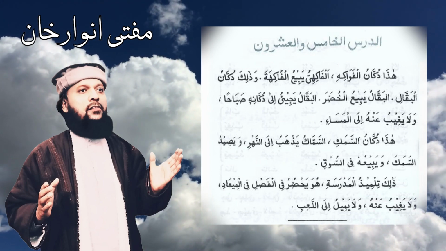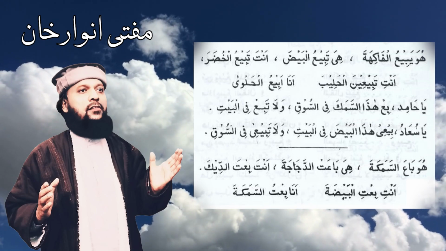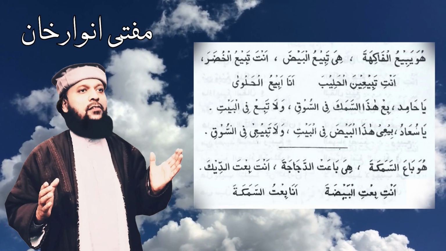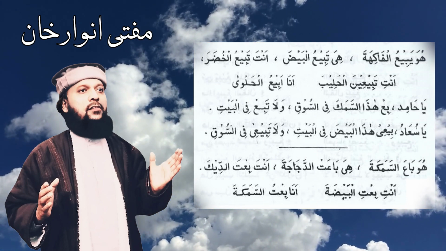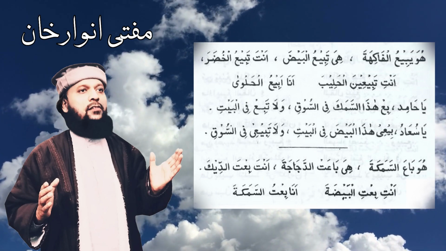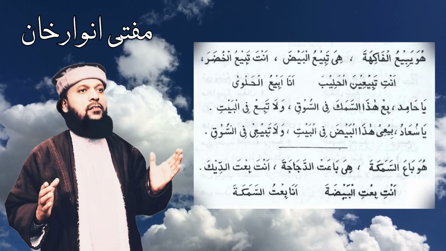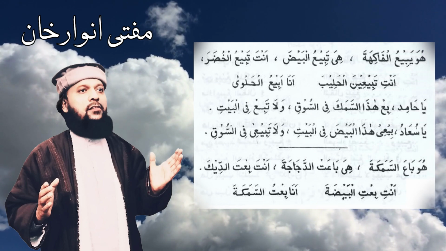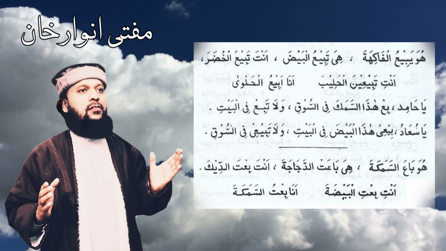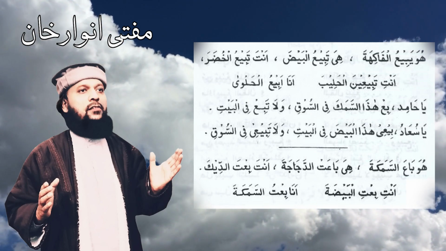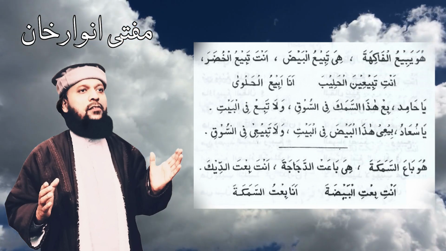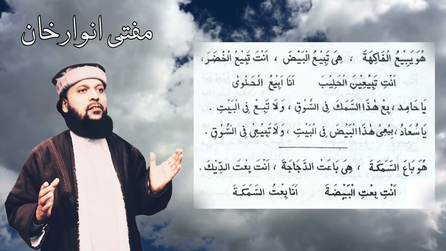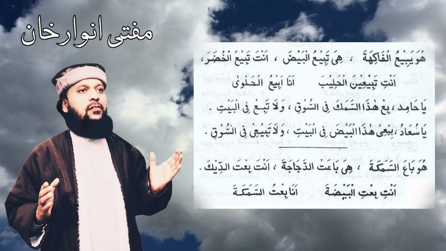Okay, and now again you have some sample structures. In these sample structures, some of the different forms using the same verb ba'a yabi'u, which is mu'tal ya'i, have been used. Huwa yabi'u al-fakihata, he is selling fruits. Hiya tabi'u al-bayza, she is selling eggs. Anta tabi'u al-khudara, you are selling vegetables. Anti tabi'in al-haliba, you female are selling milk. Ana abi'u al-halwa, I am selling sweets. So you see, all these 5 sentences were mudare, present tense forms.